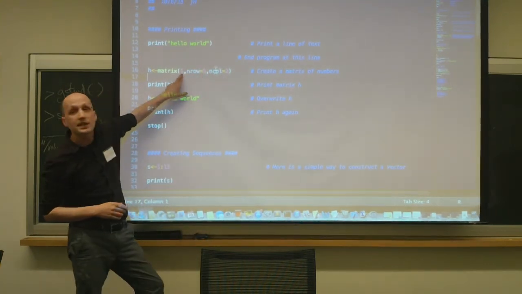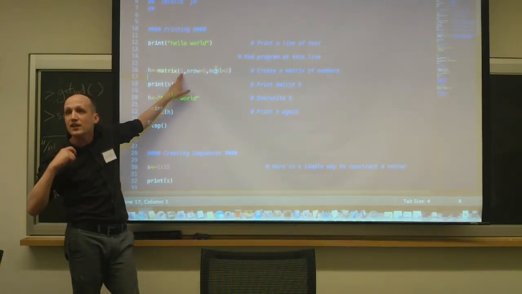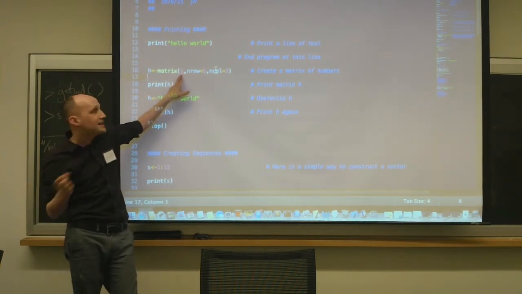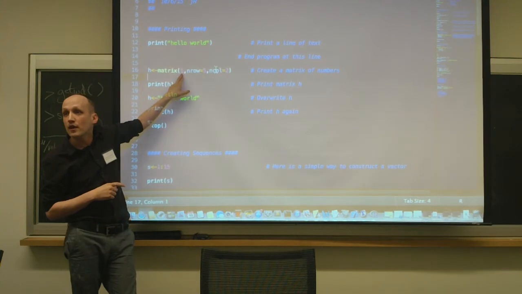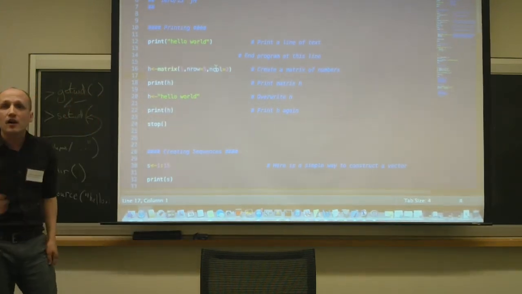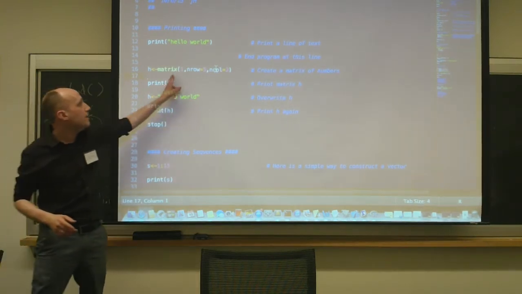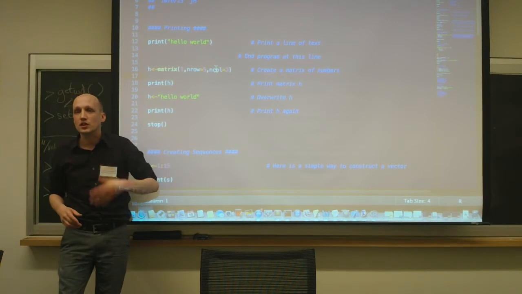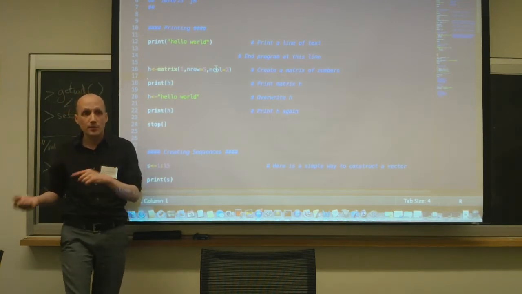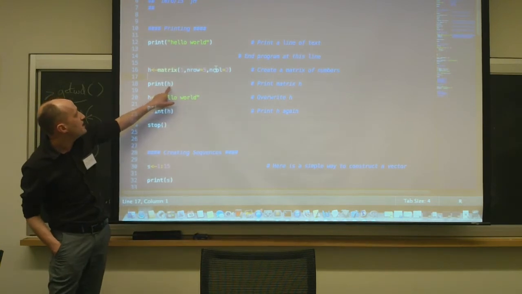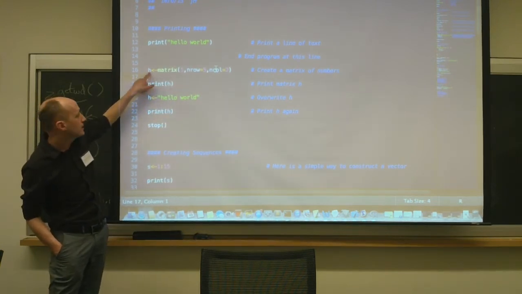So here, for example, I didn't name my first argument, so it's going to take the first argument that's required for matrix, which happens to be data, and say, okay, well then data is equal to 1. So here's a little bit of sloppiness on my part. When you're starting off, I would absolutely encourage you to name every single one of your arguments. It'll just teach you the ordering of the names in the functions that you use commonly. It'll make your code more readable as we pass it off across individuals. Okay, next function I want to do is print H, because I wanted to see what I just constructed.